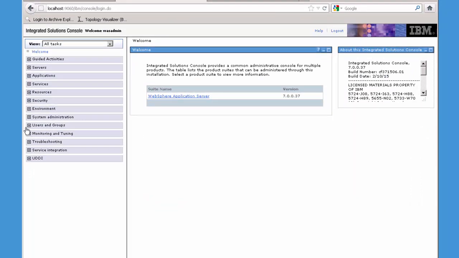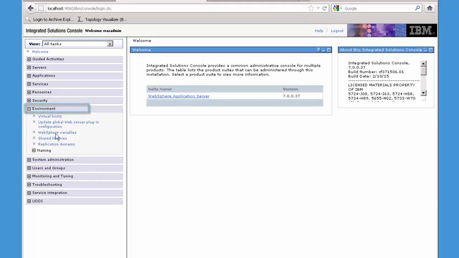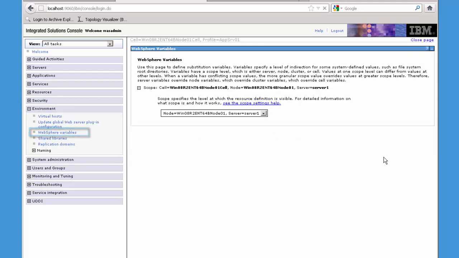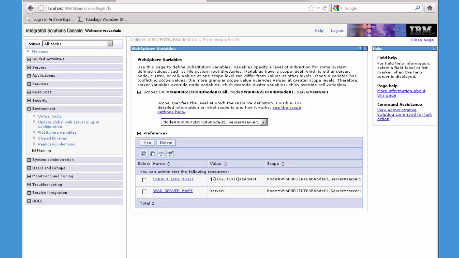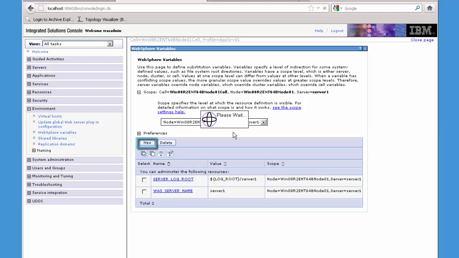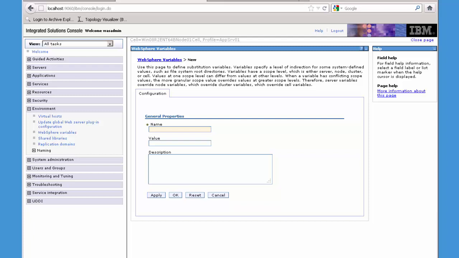Okay, and if we go to environment, WebSphere variables, and we're going to select new, and the name of the variable as per the documentation is